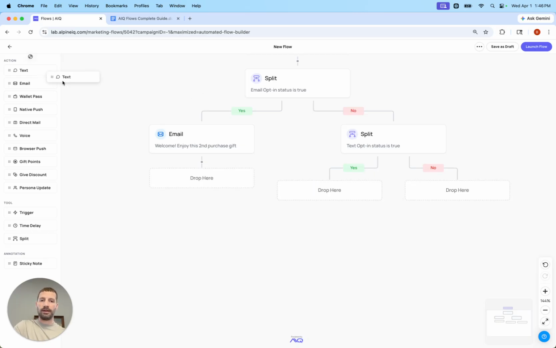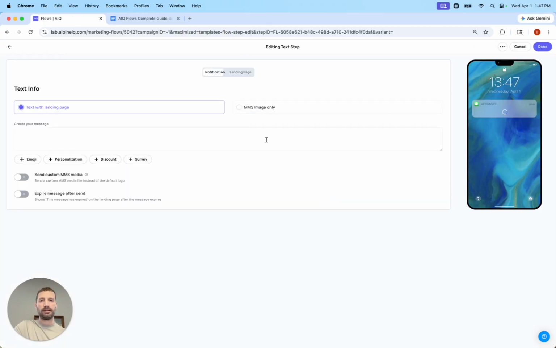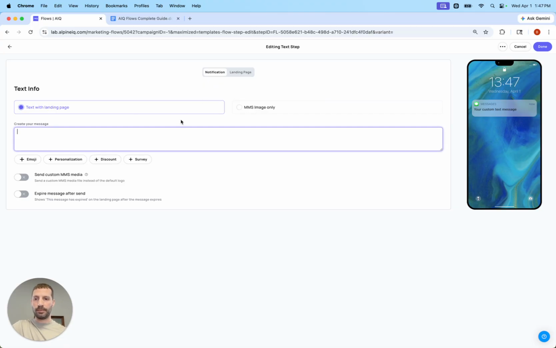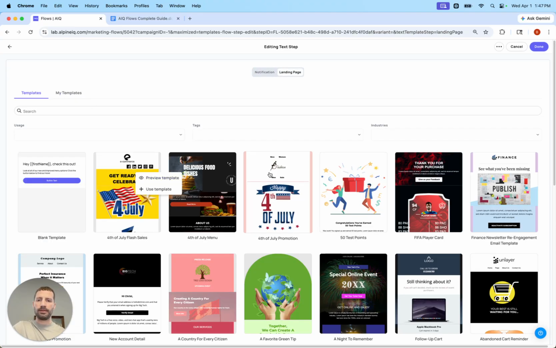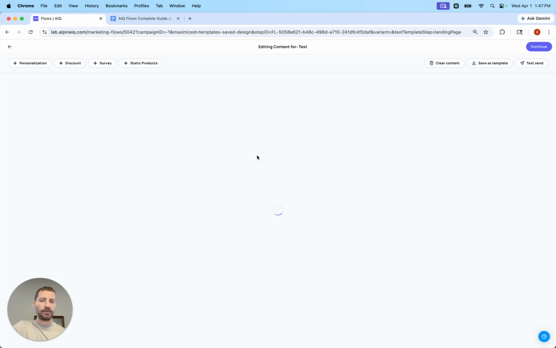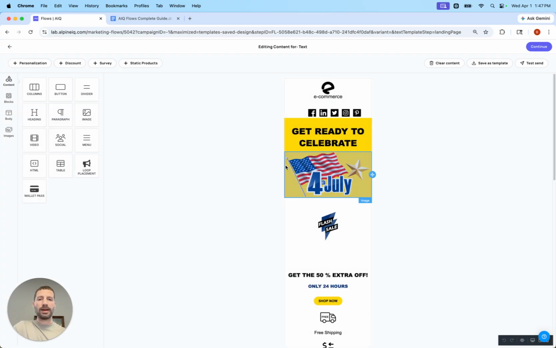Then on that, you grab the text action from the left, throw that in here, and then do something like, I don't have 10 DLC set up in my demo, but for the 10 DLC folks, which is everybody in Alpine aside from my demo, you've got the canned list of things to search for. And don't forget, there is welcome ones, welcome to and then your brand name. So use those. And then obviously you'd get the landing page. So I'm going to just put in a template for now. So as this goes,